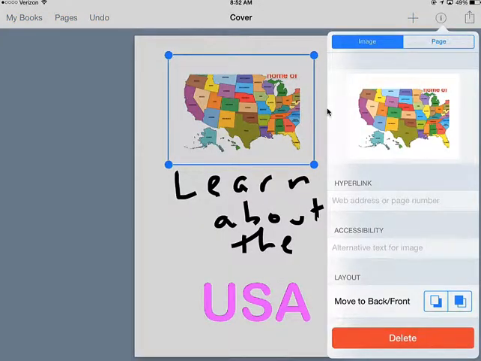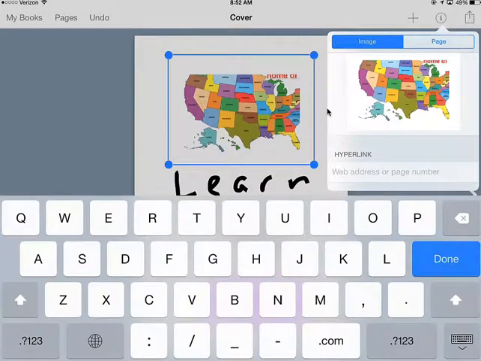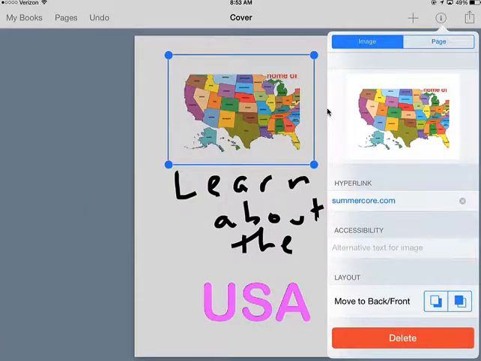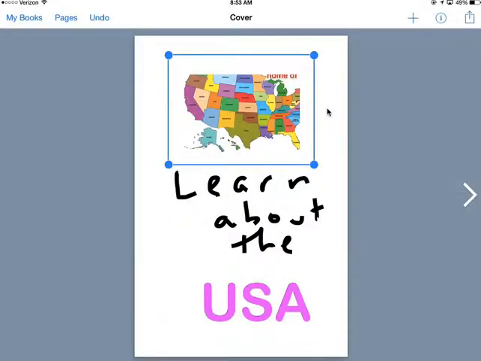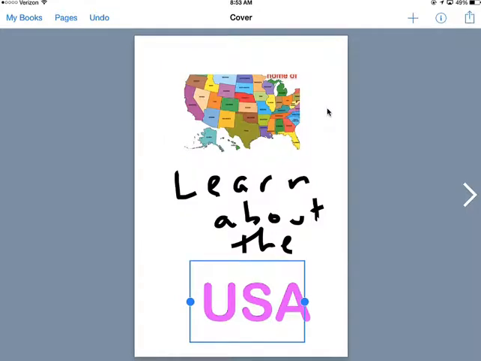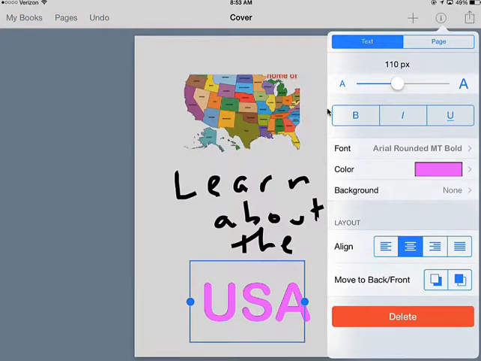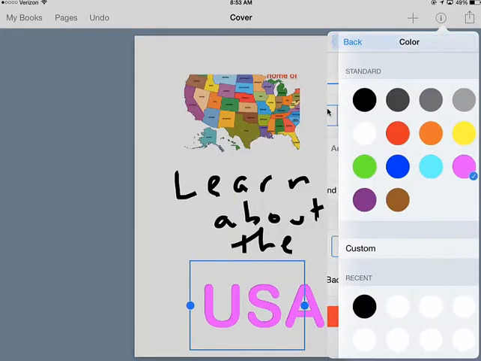I have a hyperlink, and that's cool. And so the hyperlink means that I could program this picture to go to summercore.com or some website if I want to. We used the I with the text because that's really the place that you want to change the size, change the color,